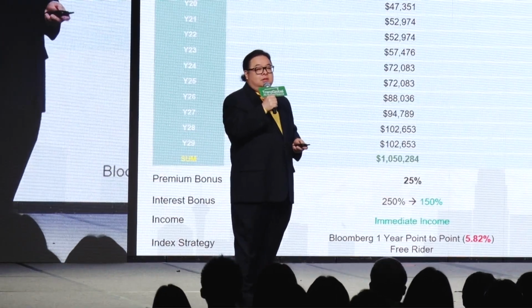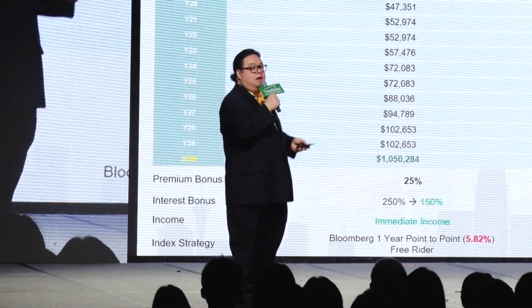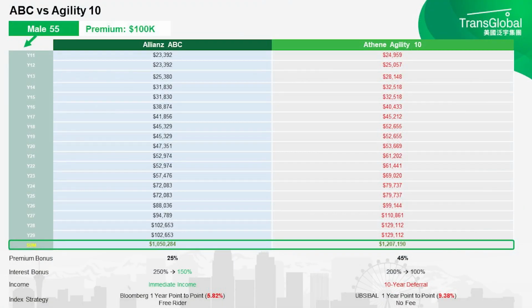And this is the long table for comparison. Oh my God, Allianz lost. Are you guys seeing that? Okay, I'm sorry. But, you see, at 55 years old, 100K, when they start income in the 11th year, ABC lost to, I think, Agility 10. Why? Look at